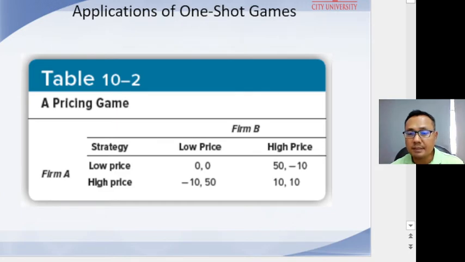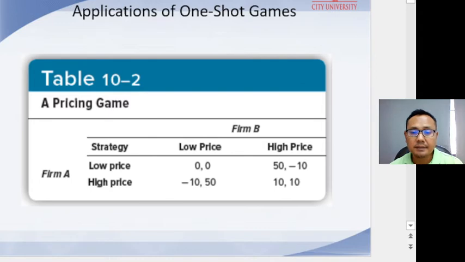So to summarize this short version of the game, each firm's best strategy is to charge a low price regardless of the other firm's action. The outcome of the game is that both firms charge low prices and earn a profit of 0. So clearly, profits are less than firms would earn if they colluded and agreed to both charge a high price. For example, in Table 10.2, we see that each firm would earn a profit of 10 units if both charge